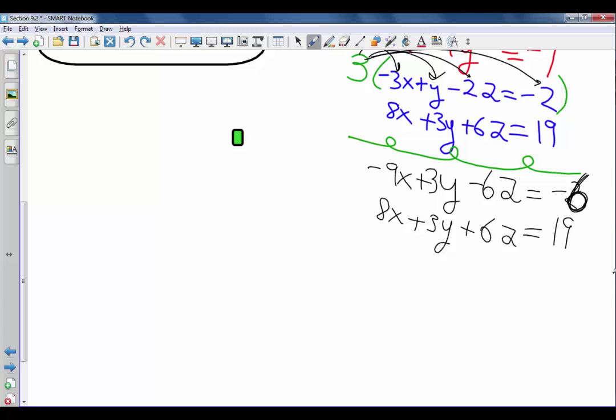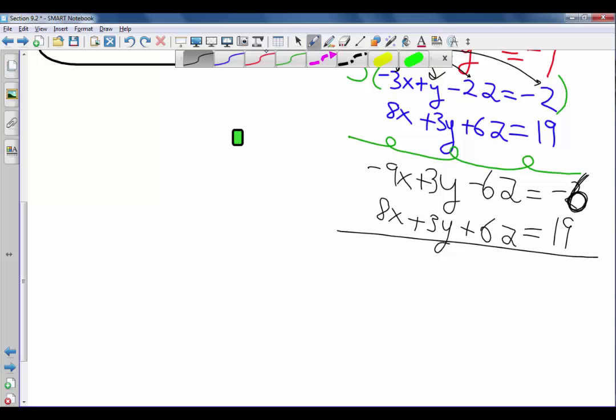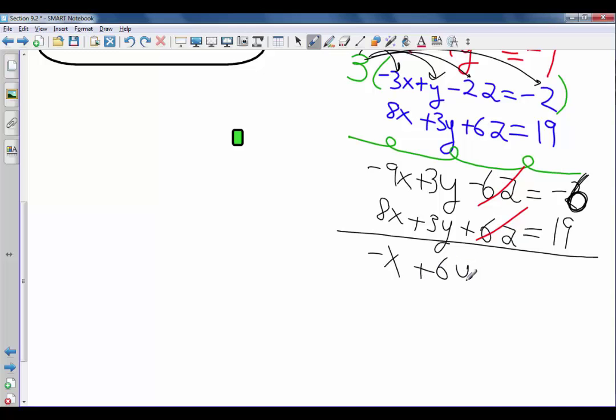Alright, we're ready for the massacre. This is the fun part. Take the color pen of your choice, blood red is best, and then add the rest side by side. No more killing though, there are survivors here. Negative 9 and 8 is minus x. 3 and 3, 6y. And minus 6 and 19,